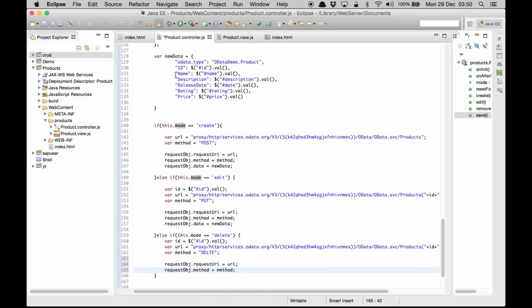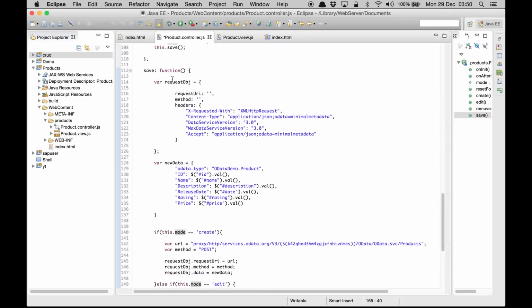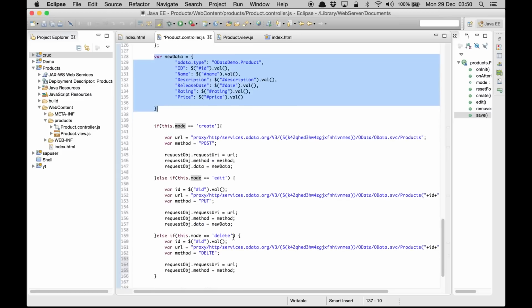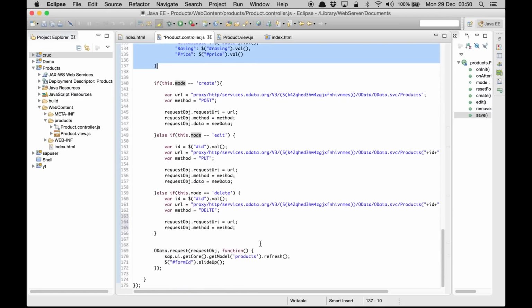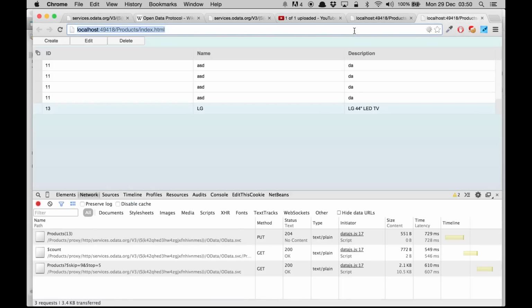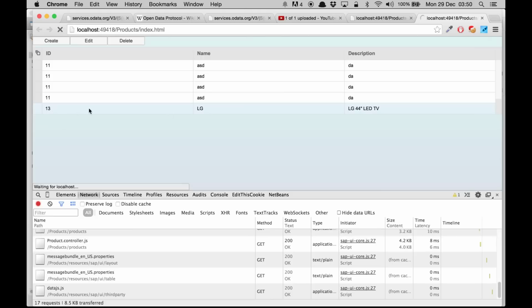So now our request object, which is this, we're going to set the URL, we're going to set the method. The headers are already there. When you delete, we don't need this. So that's the reason we had written it separately, and we use it for create and edit, but for the delete we don't need that. So let's save this, and let's try to delete this data,